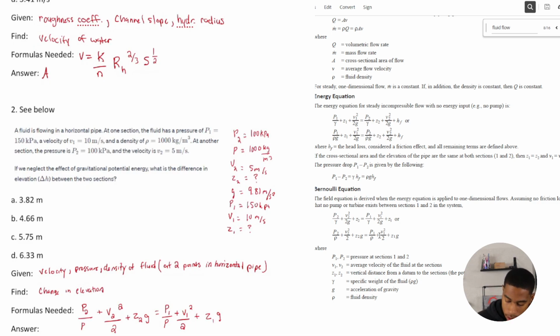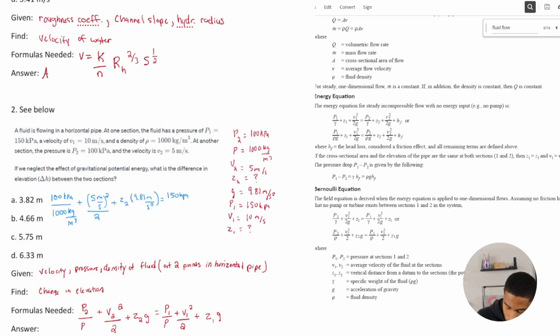All right, so let's plug and chug. Switch colors. Red is not what I want to see anymore. So we get 100 kPa over 1,000 kilograms per meter cubed, plus 5 meters per second squared, all over 2, plus Z2 times 9.81 meters per second squared. Okay. That's all equal to